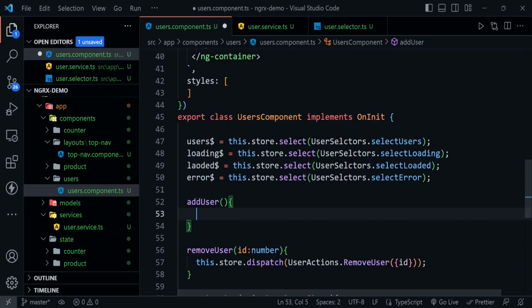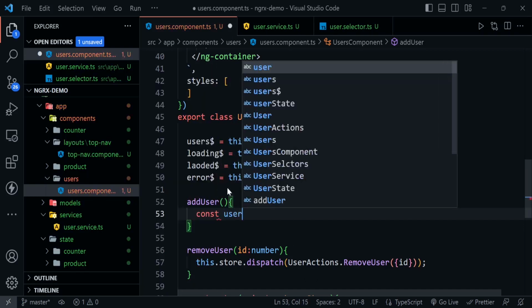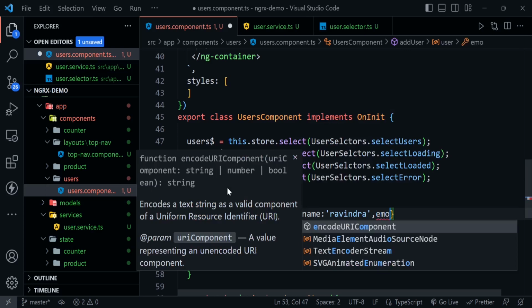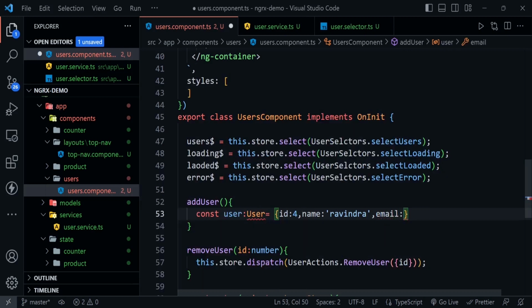You can also create a form here, and you can do it in a proper manner, but I'm not gonna do here because it will take too much time. So just create here the random user equals to id 4, name equals to, let's type my name, email equals to